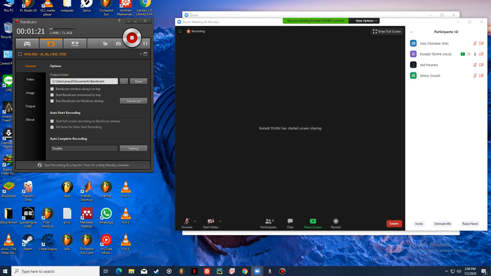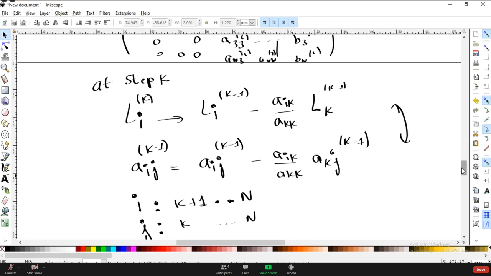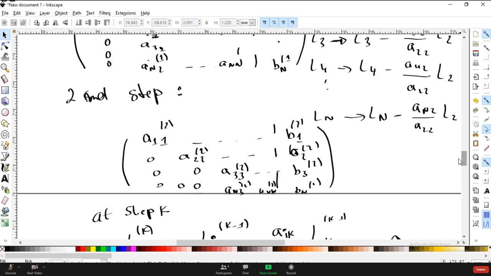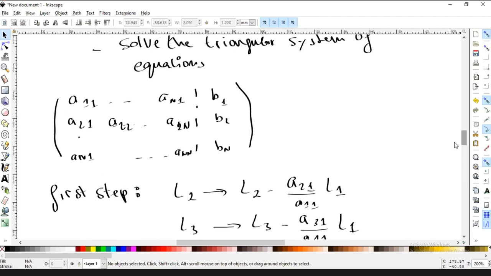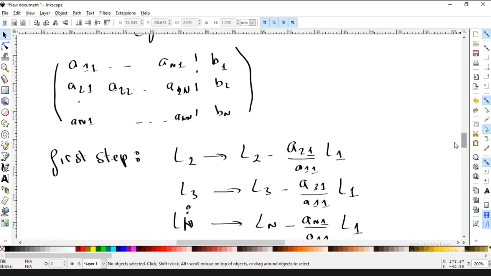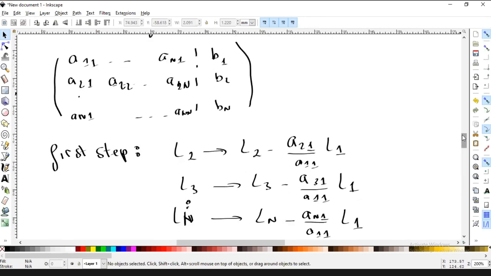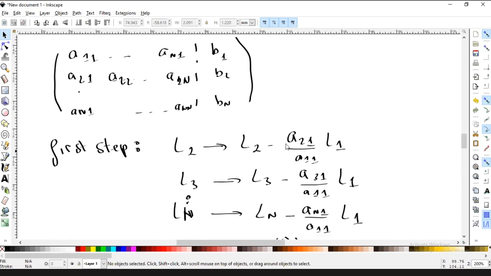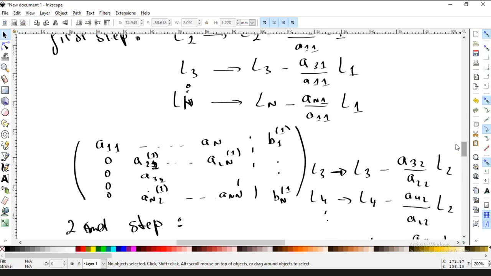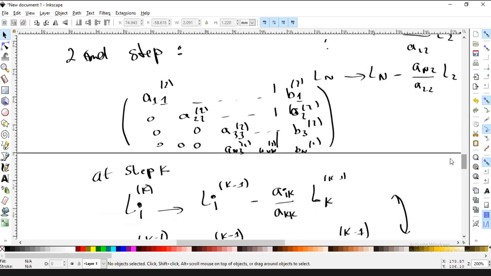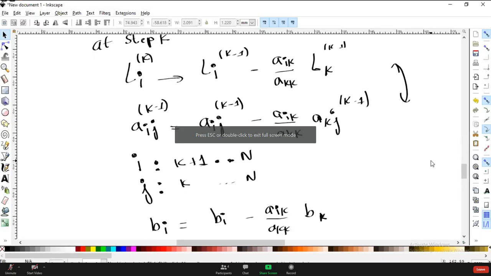Okay, so last time we were talking about Gaussian elimination. We derived a general formula for solving it with the computer, with a program. So basically, the formula that we got is